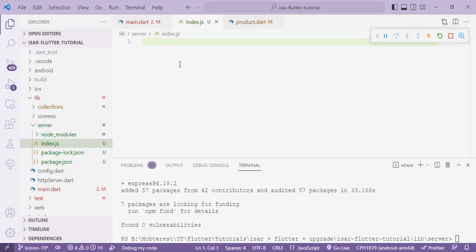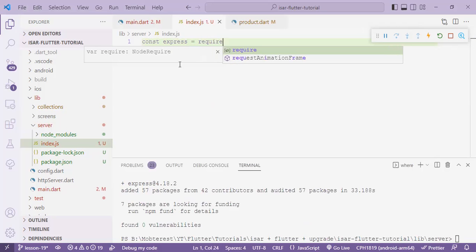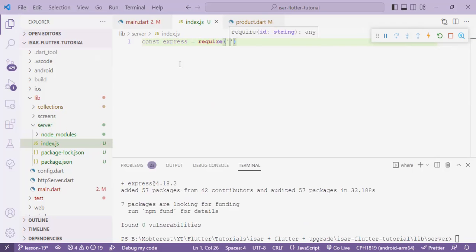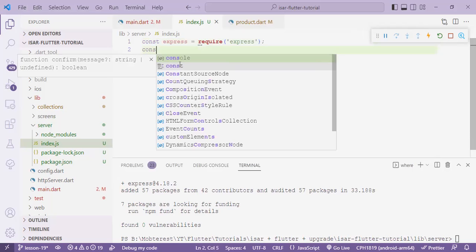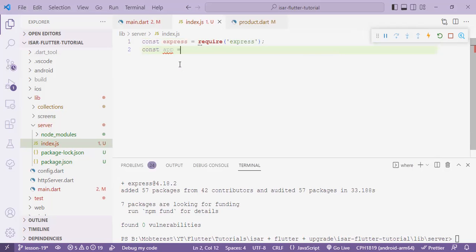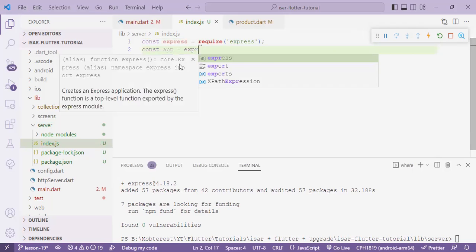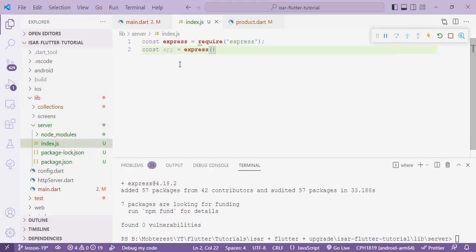So we'll come here and say const express equals require express, and then const app, just setting a variable called app and defining it to express. Then we're going to set as port that we will be listening to 5000,